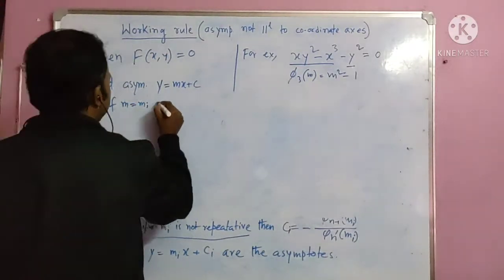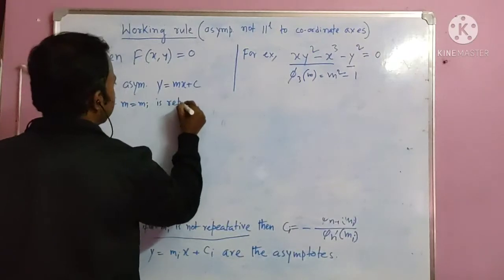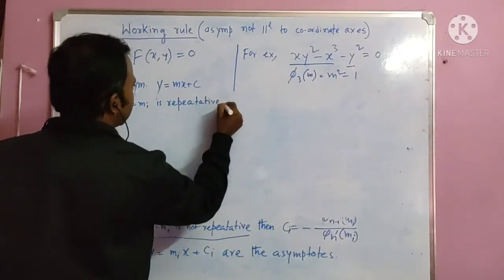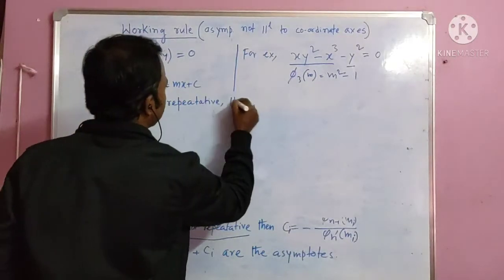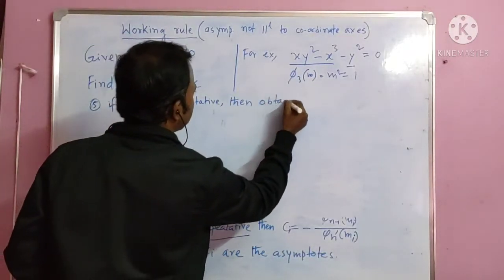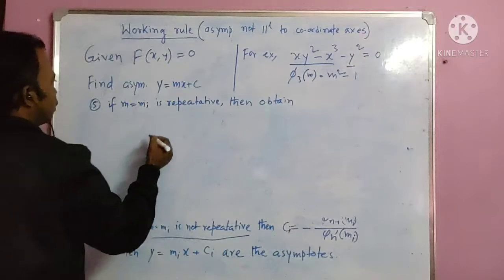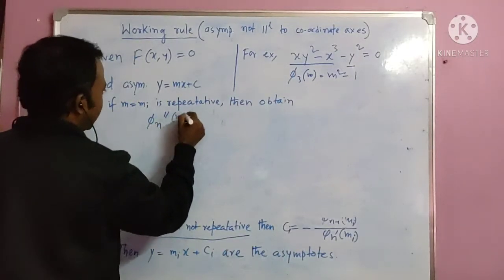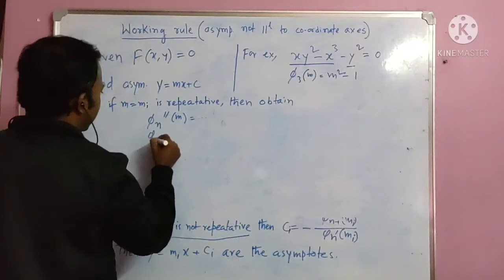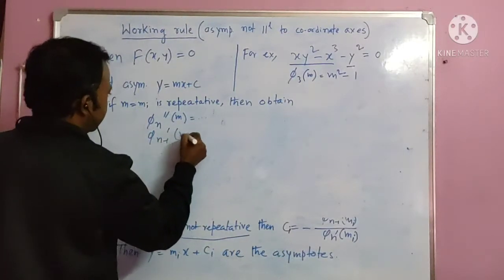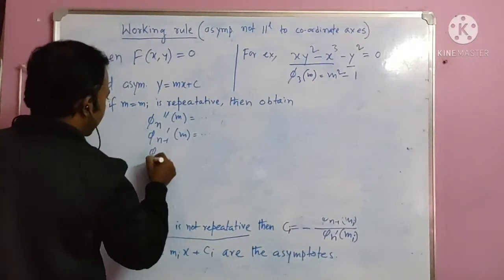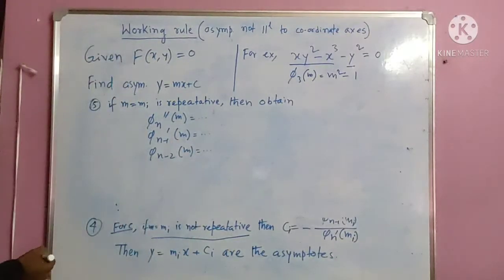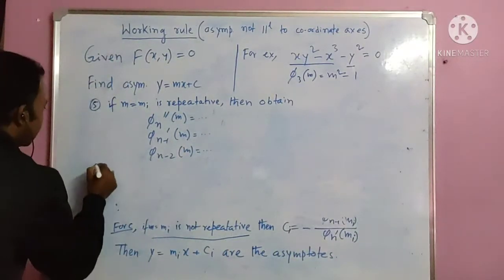If mi is repetitive, then obtain, what are the things I have to obtain? Phi n double prime m, phi n minus 1 prime m, phi n minus 2 m. Okay, after getting this, next